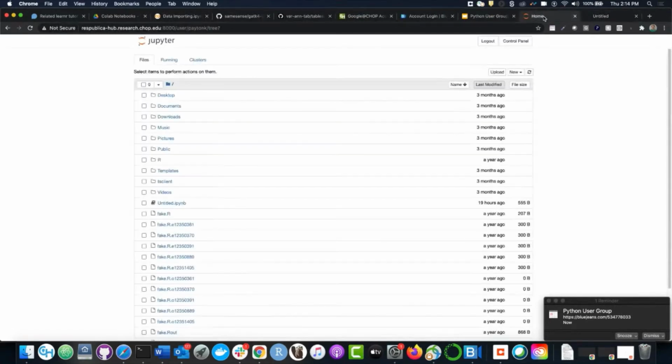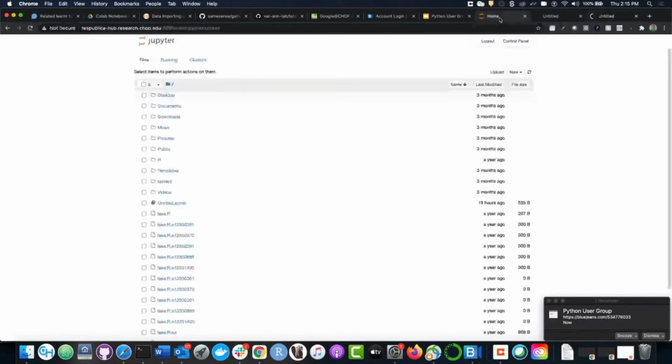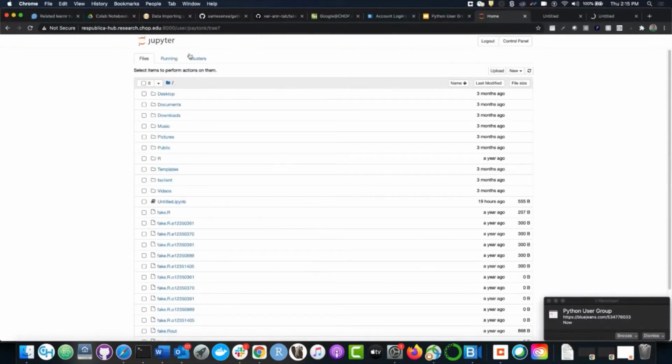So now I can say I would like a new Python 3 notebook. And in theory, they do it for me. In theory, I'll get a nice Jupyter notebook. Of course, this is a live demo, so it's not being as nimble as I would hope, but it is spawning my own machine, and eventually I will get a notebook available to me.